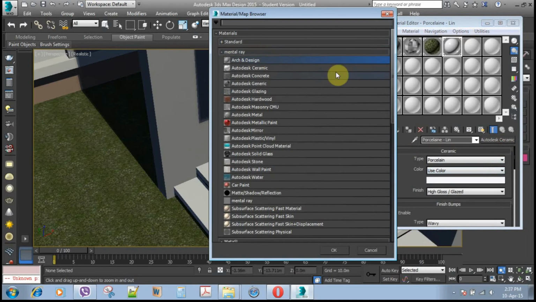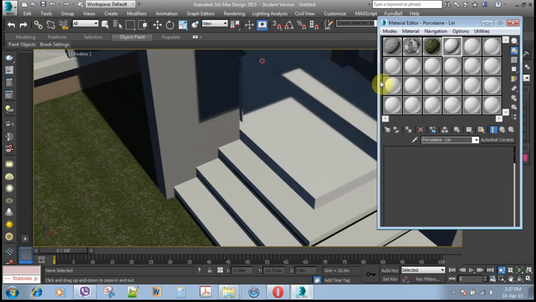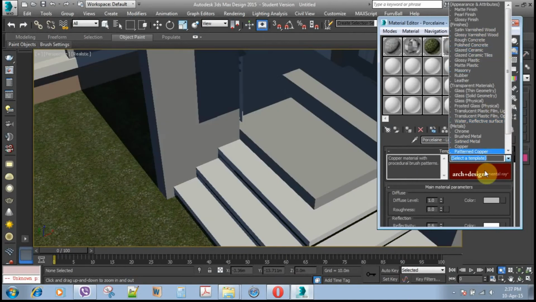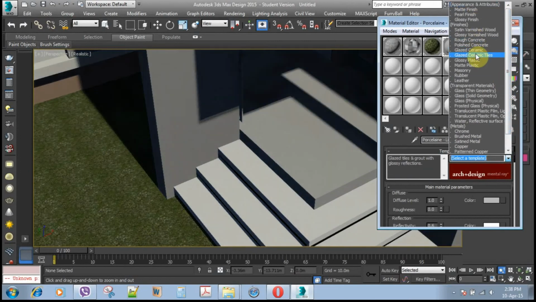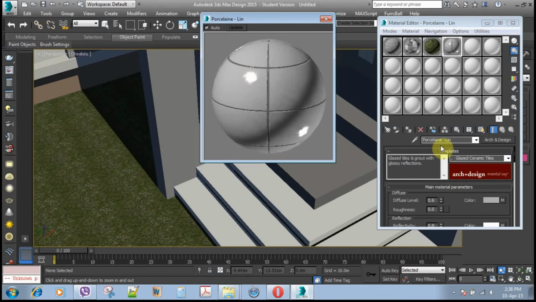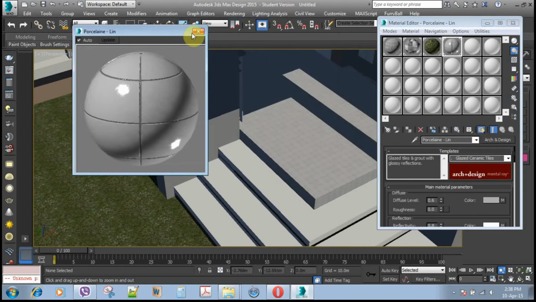I can just change from the Autodesk ceramic to I can design materials. A good thing about I can design material is that it also comes handy with a lot of templates. I can choose, say, glazed ceramic tiles, and directly see that this already has some effects from it,